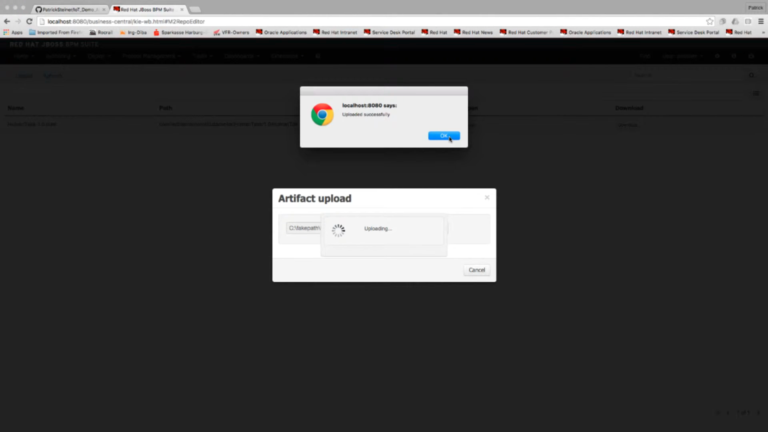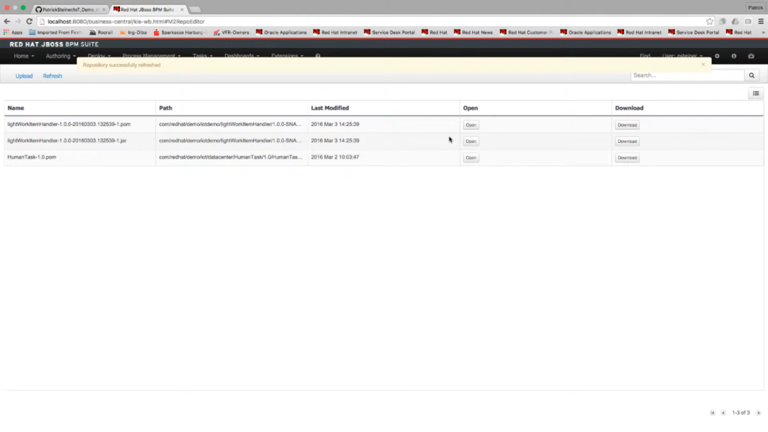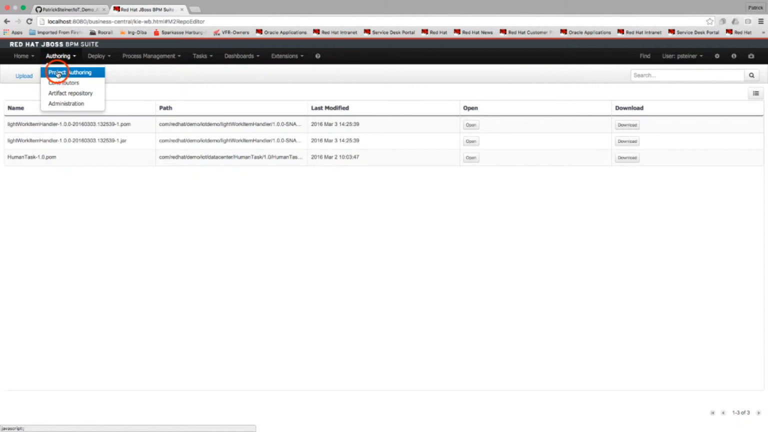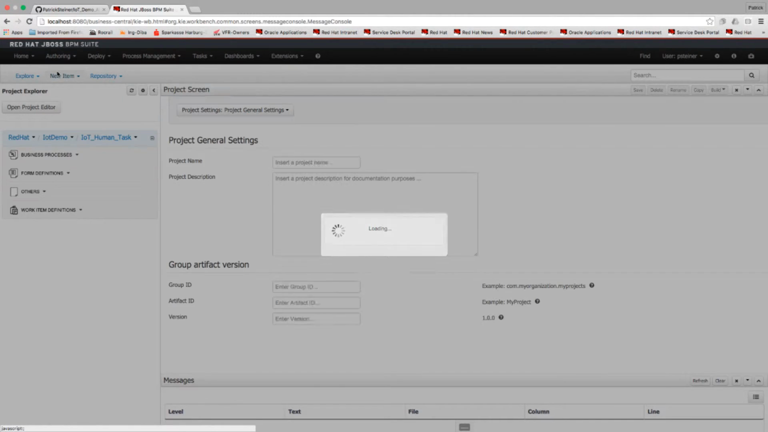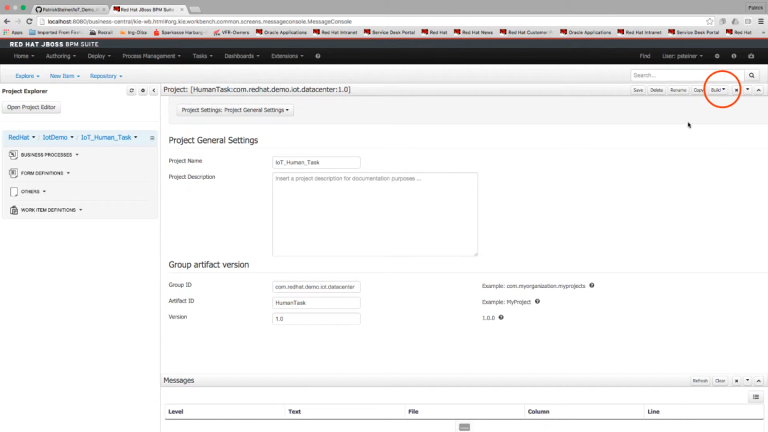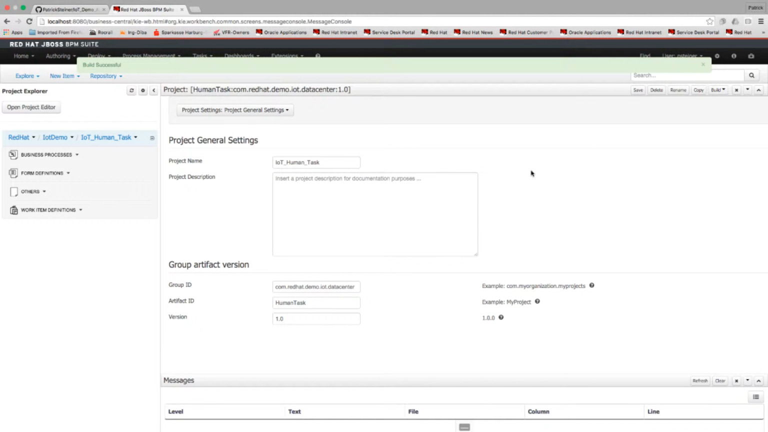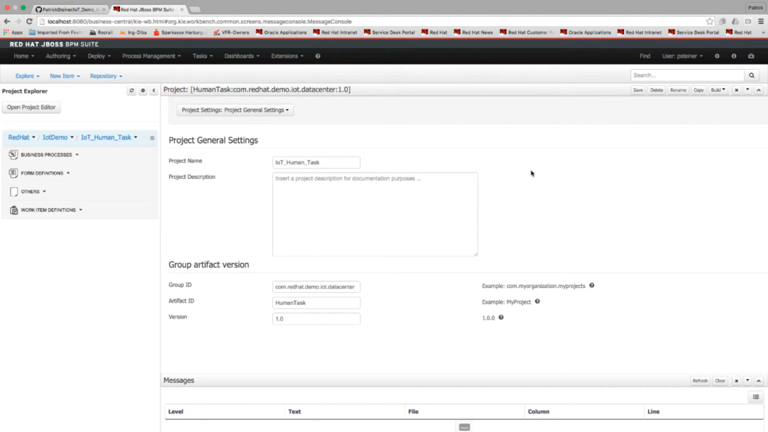So now that this is done, we can go into the Project Explorer of BPM suite and build and deploy the process so that it can be used from the IoT demo environment. So, looks good. Going back on the console, I provided a little script for you, which is just called run.sh,